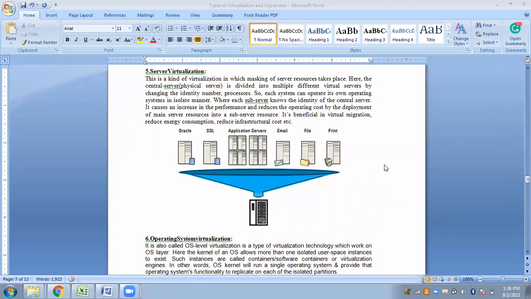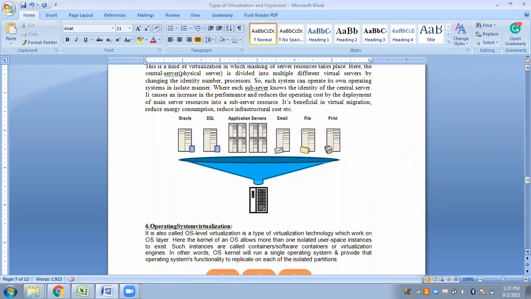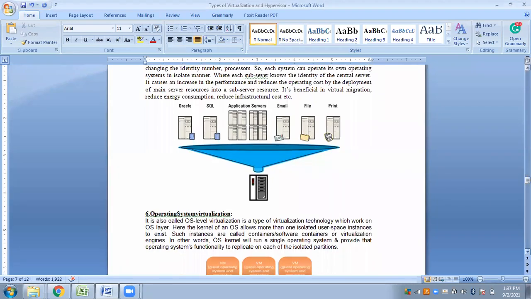Anyway, next is operating system virtualization. So I told you already, we have not come to hypervisors right now. Of course, you know what a hypervisor is. A hypervisor is that software program that enables virtualization. If you want a virtualized environment, it is important that you have a hypervisor on your hardware, maybe installed directly on top of your hardware, or maybe on top of the operating system. But it is important that you have a hypervisor.